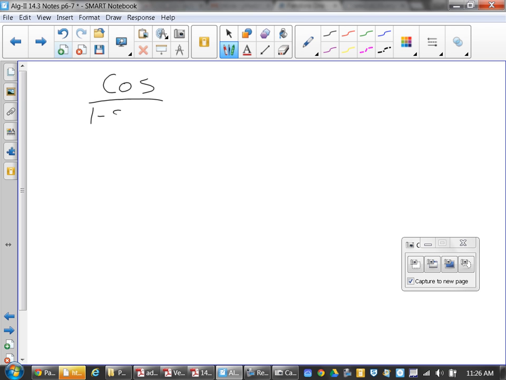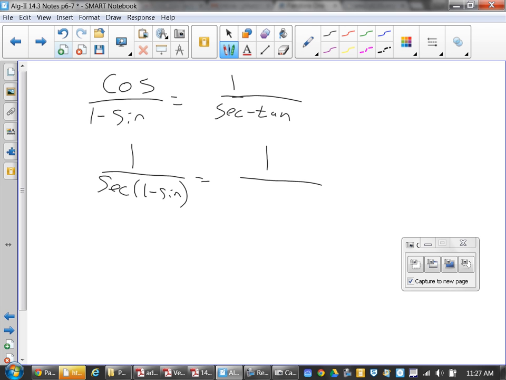Yeah, that wouldn't be good. You run cosine over 1 minus sine equals 1 over secant minus sine. I couldn't believe I didn't think of this. Cosine is the same as what? 1 over secant. So I have 1 over secant times 1 minus sine. So you get 1 over distributed, you have secant minus secant sine. Secant then is,